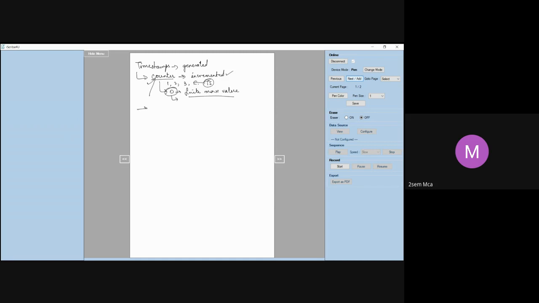Okay, now that is one way of implementing or generating the timestamps, which is by using the counter. The second way of doing it, what is the second possibility? Another way of implementing timestamp is to use the current date and time. You make use of the current date and time value of the system clock. All of us know that the system will have a clock. You have a system date and a system time. That itself can be used as a timestamp.